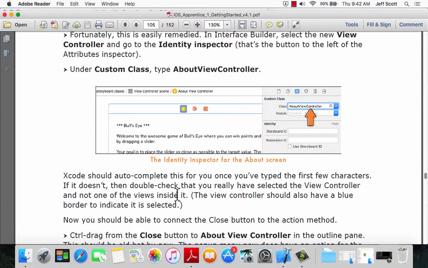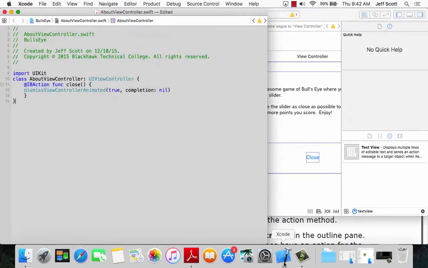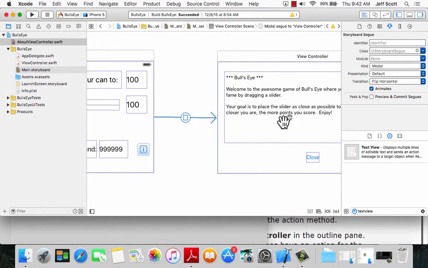It says go into the interface builder, select the new view controller, go to the identity inspector, which is the third button over, the one next to the attributes inspector, and under custom class, type in AboutViewController. Well, that's fine, Jeff. What the heck does all that mean? It means go into here. Make sure that what is selected is this. Go in here and find,